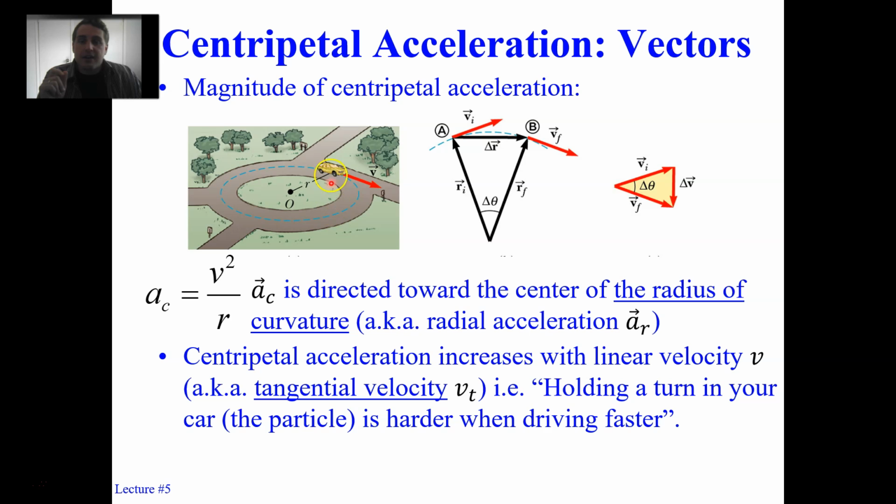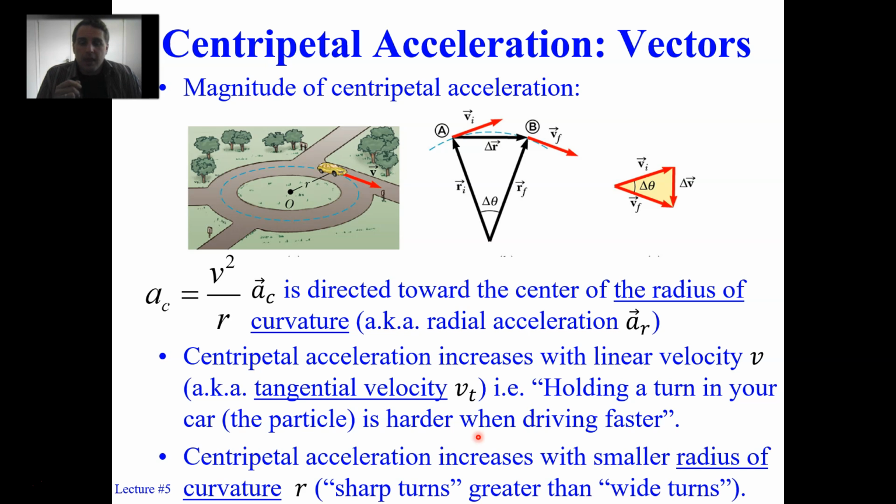Another way to say this is that if you're in your car and you're going faster, your speed is greater, it's harder to hold a turn. And that's because there's a requirement of a greater centripetal acceleration. Now, the centripetal acceleration increases with a smaller radius of curvature. So in other words, if this is a very small circle, as opposed to a very large radius circle, a sharp turn, small radius of curvature, is harder to hold, because if r is smaller, a_c required is bigger. Whereas a wide turn, where there's a much larger radius of curvature,